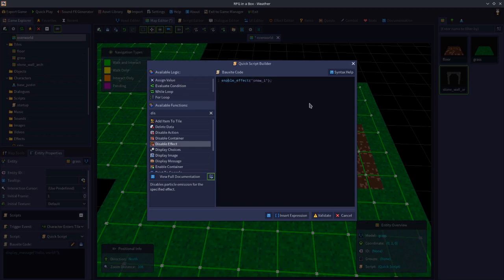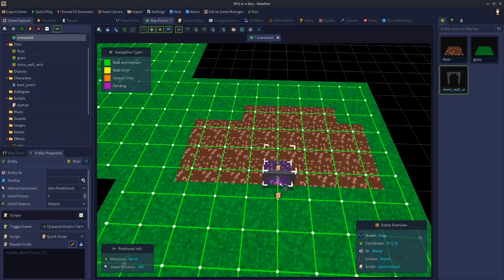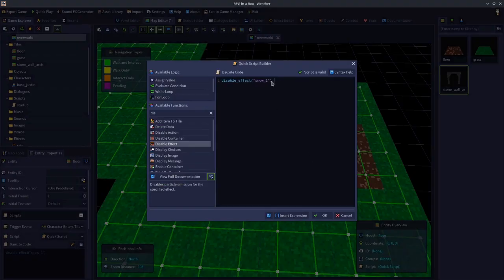effect. Now, thinking about it, because the snow is falling so slow, it's going to take a while for it to stop. So you actually probably don't want to do that. What you're actually going to want to do, because you're going to want it to stop almost immediately because you've entered a building, is you're going to want to detach it. So you're going to want to detach effect,